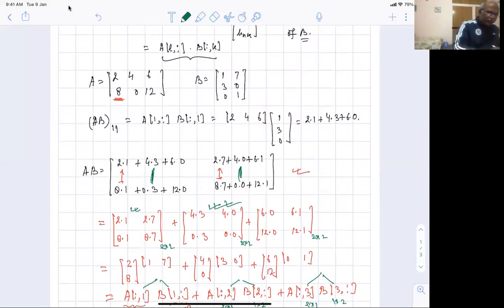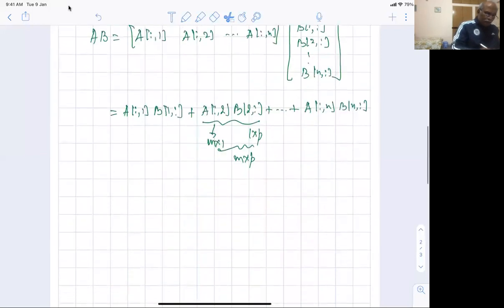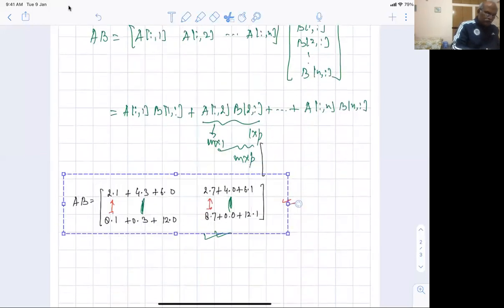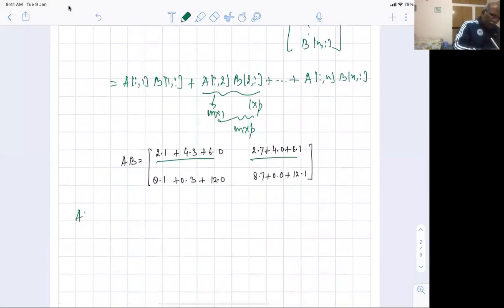Another way to represent this is I'm going to write this part again and we'll do something else. Copy, paste. So let me write it here. So now what I'm going to do is at this stage, I want to look at just the first row. What is the first row now? All right. So let's look at what is the first row of AB. So the first row of AB is nothing but, so this is the notation for the first row.